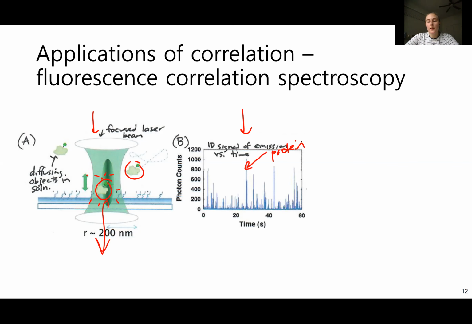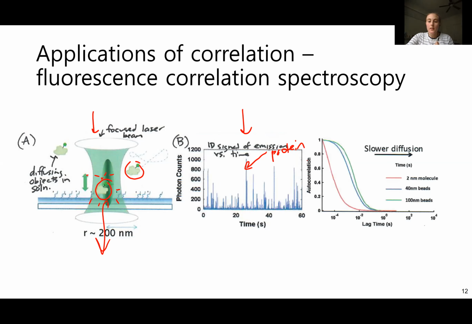And then you can take the autocorrelation of this signal and you'll have a decay. So this is our G of tau here, and this is our tau on X. Based on how large your object is or how confined or crowded it is, you'll see different decays in the autocorrelation curve. So this would be something that's diffusing really fast, like these 2 nanometer molecules. You see these little bursts. But you can imagine if something's bigger, it's going to diffuse slower through this focal volume, so you'll see more intensity